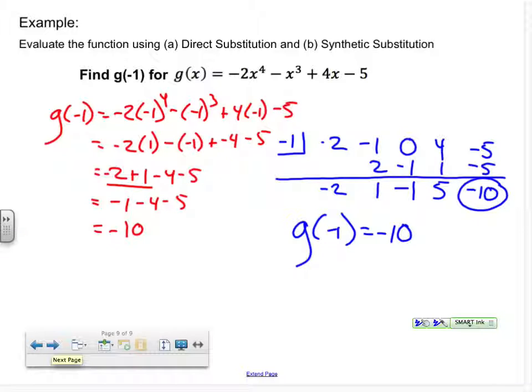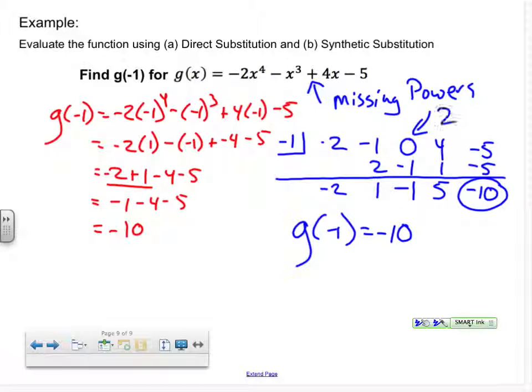I'd be willing to bet that if you didn't beat me, you were close. Because all you have to do is add and multiply. All right? Make sure, the most important thing, if there's any missing powers, they get filled in